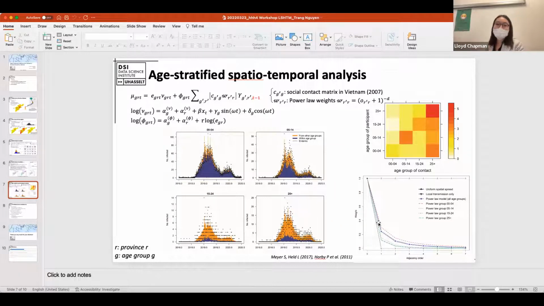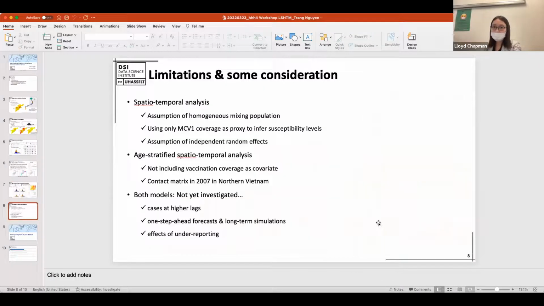And that's all our work about the measles situation in Vietnam. However, we are aware that there are several limitations in our studies. For example, in the spatial temporal analysis, we use only the first dose of measles containing vaccine coverage data as proxies to infer susceptibility levels, and we did not make any assumption on the correlated random effects, which might be